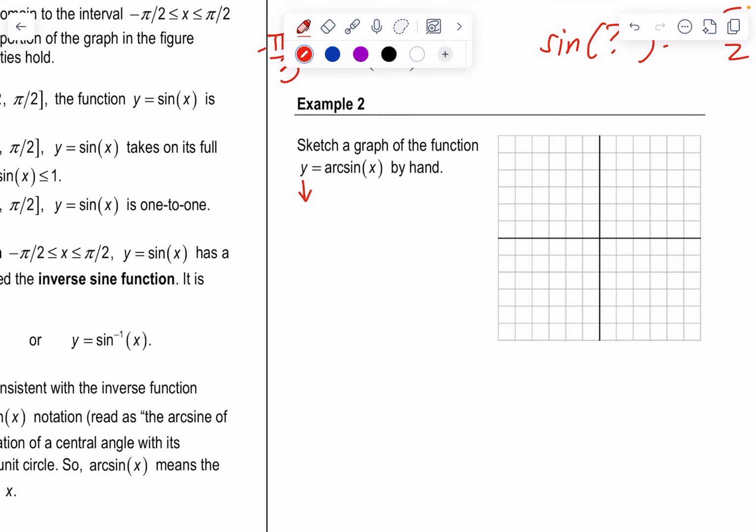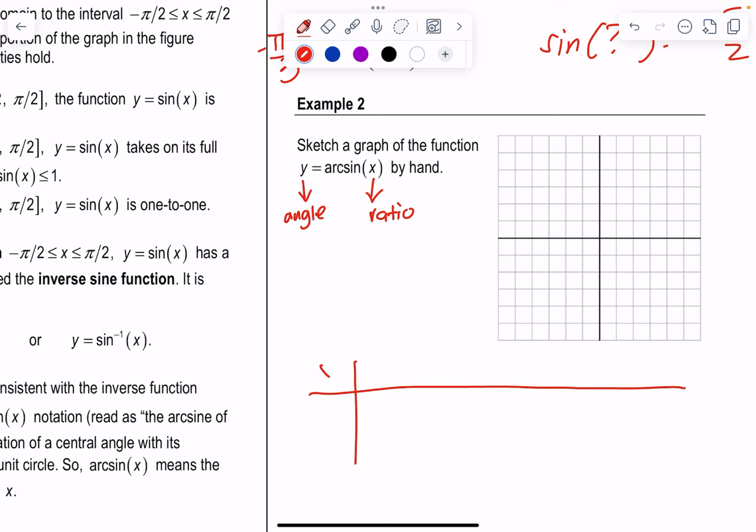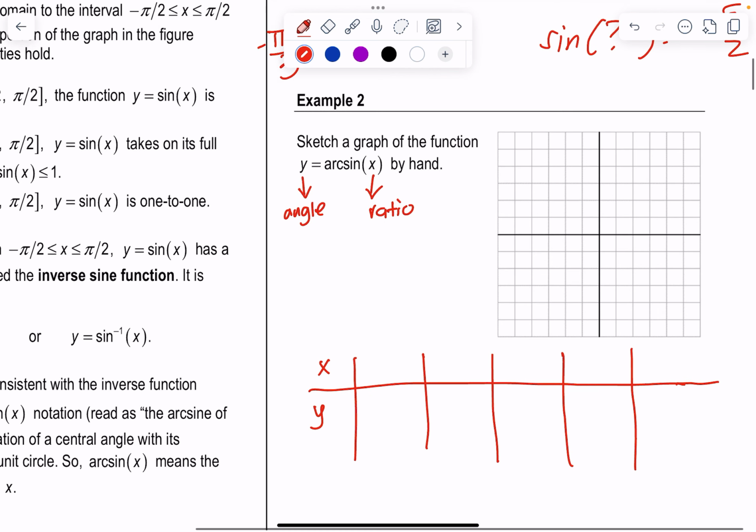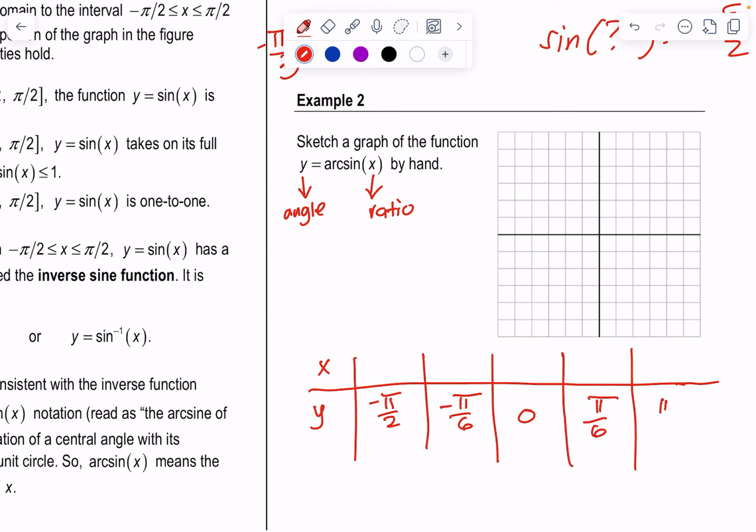Sketch the graph of the function y equals arc sine of x by hand. So remember now, the y value in this case is the angle, and then the x value is the ratio. So let's take a look. So x and y. I'm going to start with nice y values, or let's start with the angle. So the angle is from negative pi over 2, followed by negative pi over 6,